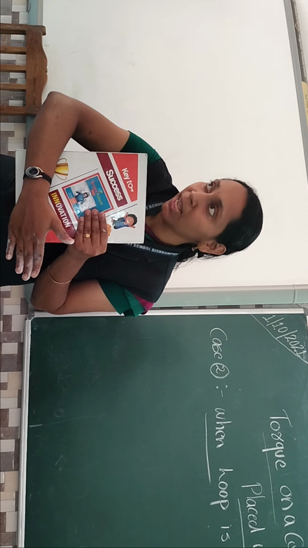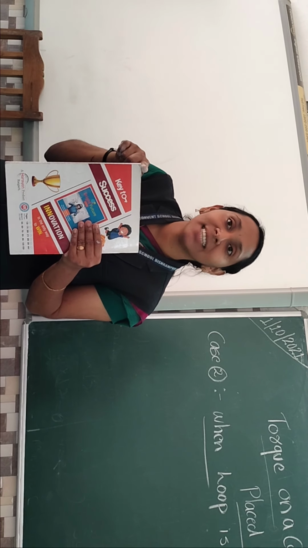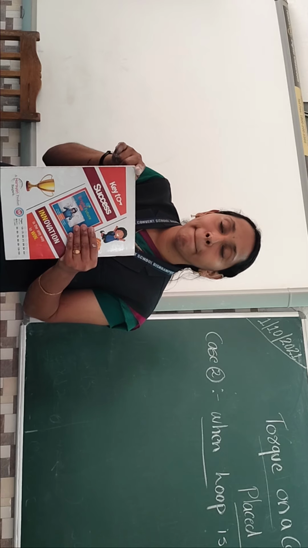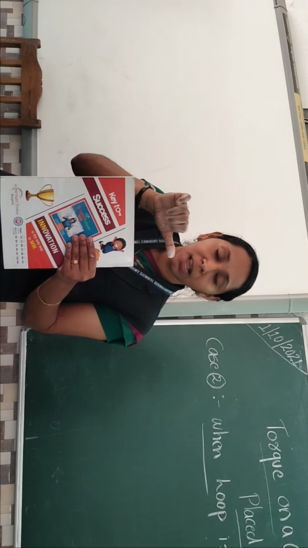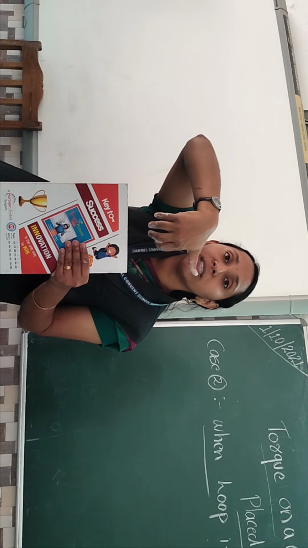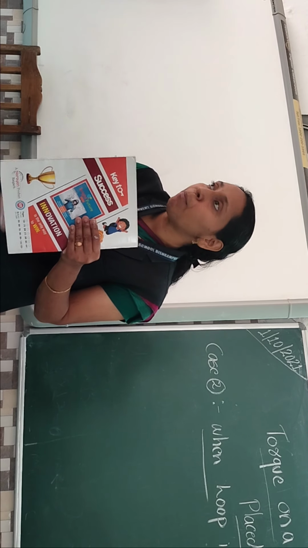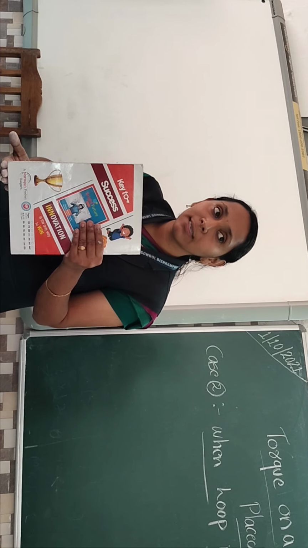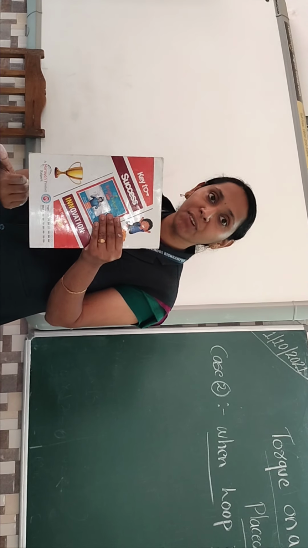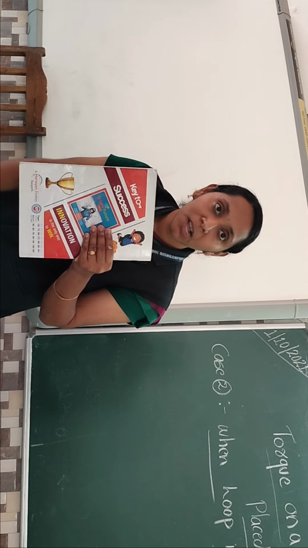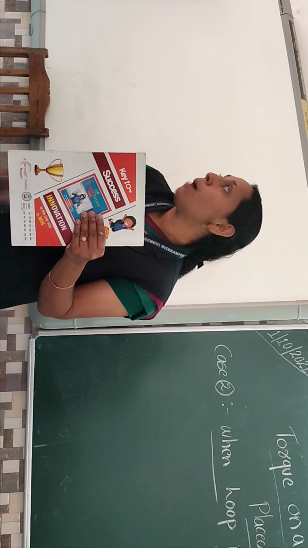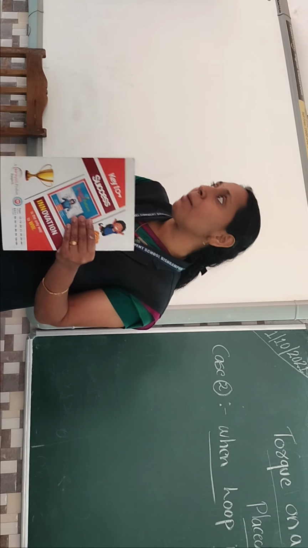Listen here everyone properly. This side also experiences a force, how? IBL sin theta. What is the direction? Current is here, magnetic field is inward, so force is upward. Clear everyone? The bottom case also: current is here, magnetic field is inward, force is downward. So this force and this force cancel each other. Magnitude is the same, you can assume like that. Top and bottom have the same magnitude and opposite direction, so the top and bottom forces cancel each other.